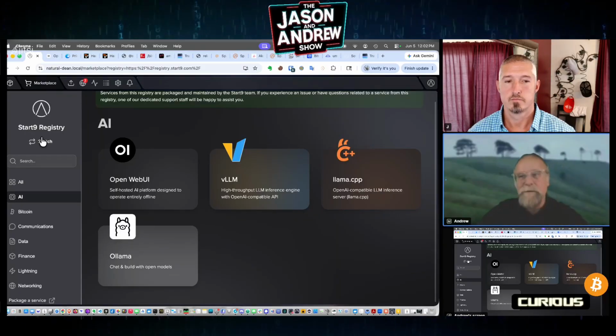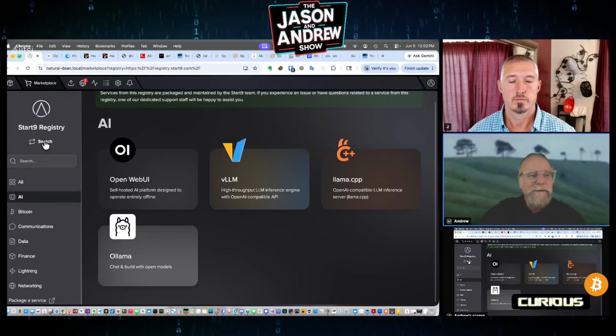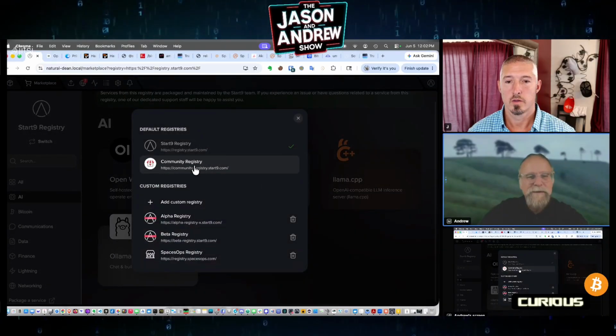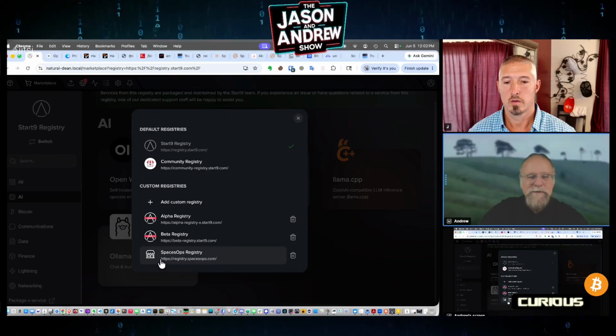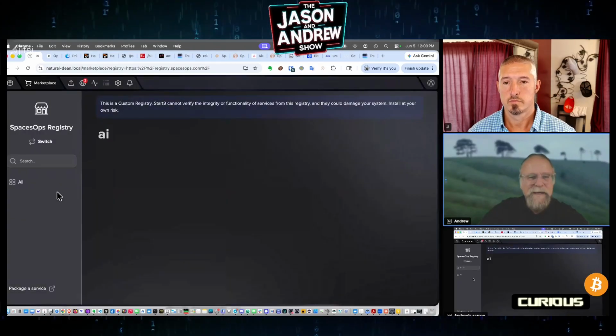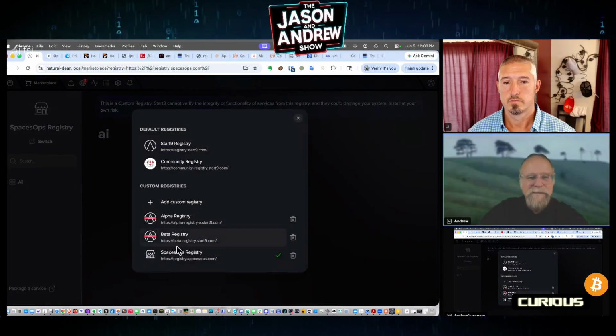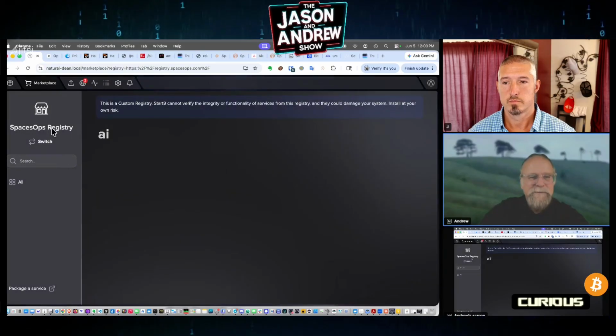This is actually probably the last thing I wanted to mention. Oh, and we're at the top of the hour. So if you hit switch, you can go to the community registry. These are built in, or you can add custom registries. So if you're interested in trying out the Start9 Spaces package, go to this, add this registry, which is mine, registry.spacesops.com, and then you will get the ability to go to this,